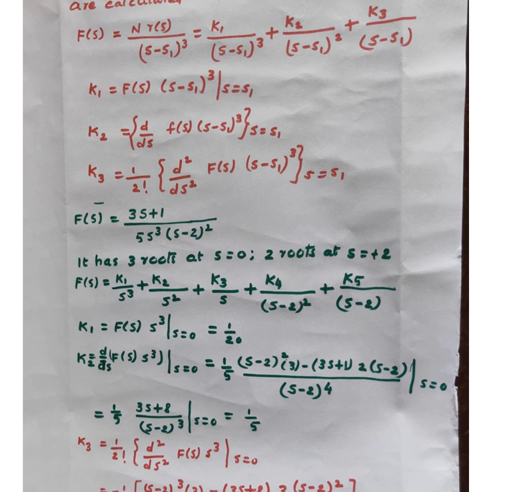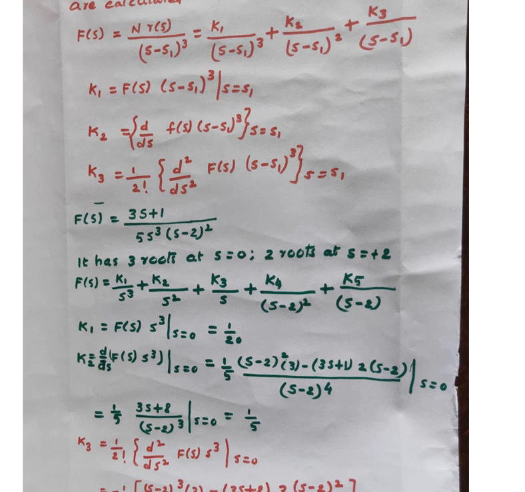Similarly, to get k2, you multiply f of s with s cube. Then whatever you get, you differentiate it once. Then substitute s is equal to 0. That differentiation will be in the form of u by v format, that is v du by dx minus u dv by dx divided by v square.